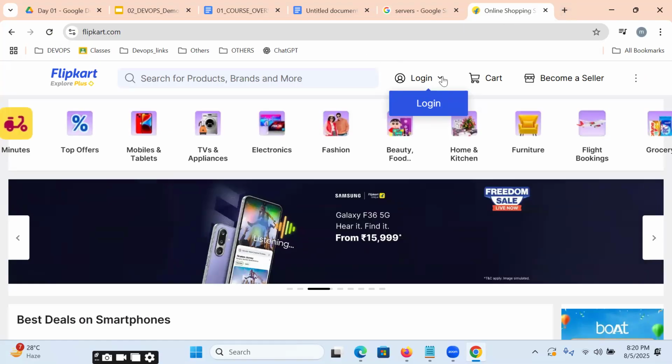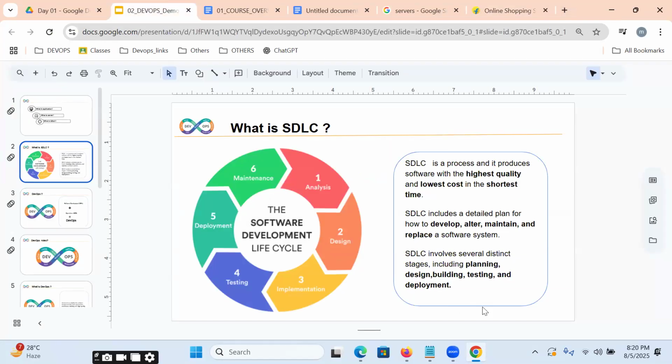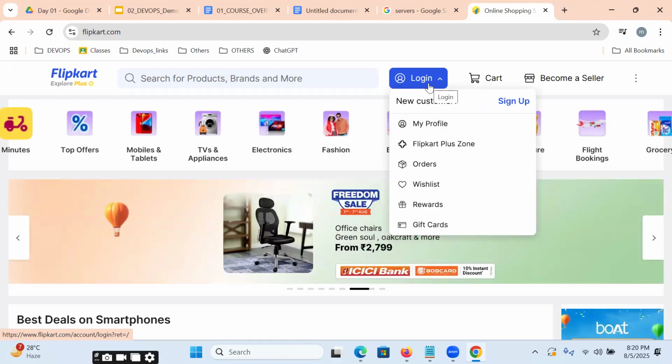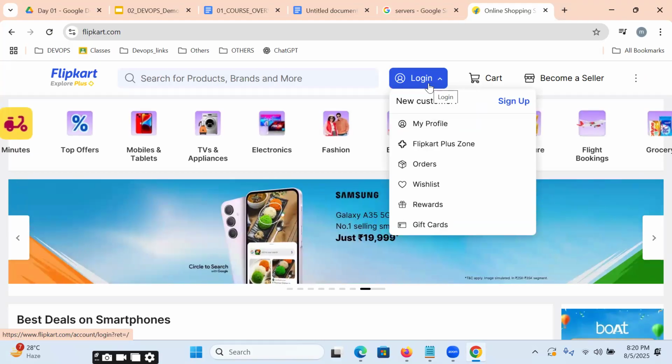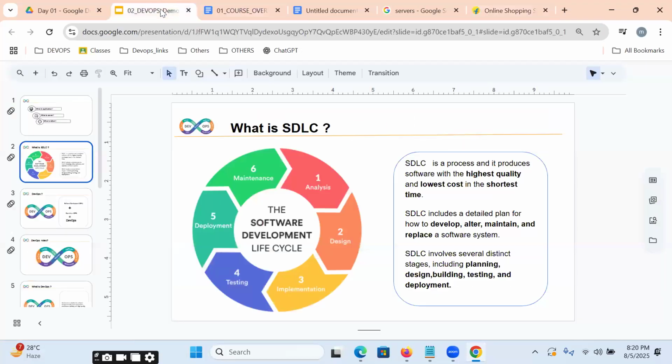First, we need to gather information from the client: how exactly the login page, registration page, and everything should be. Based on the gathered information, our architects will design.